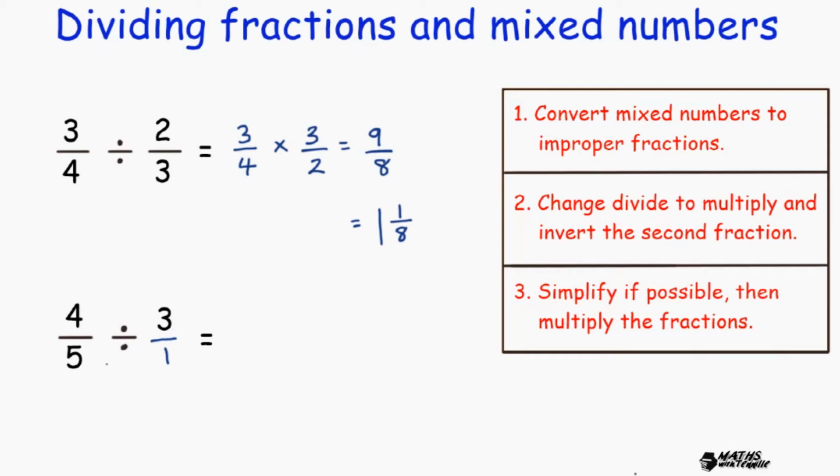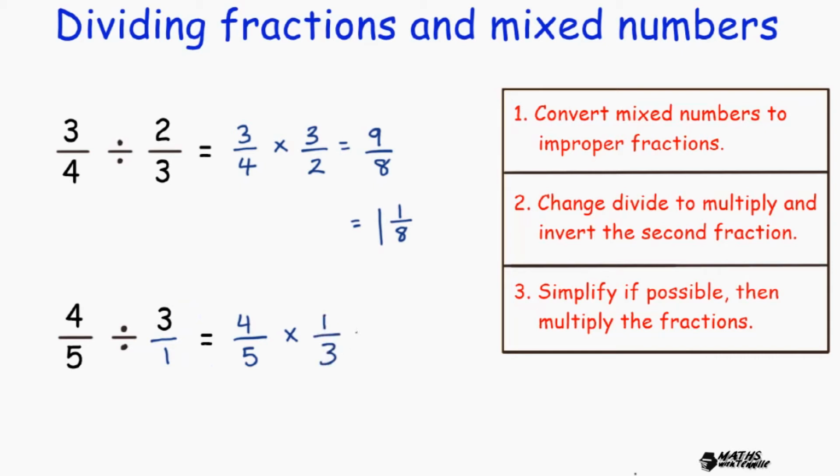And now we can apply our rule. We'll go to rule number 2 again. We're going to keep the first fraction as it is, 4/5. We're going to change divide to multiply, and we're going to invert the second fraction. So 3/1 becomes